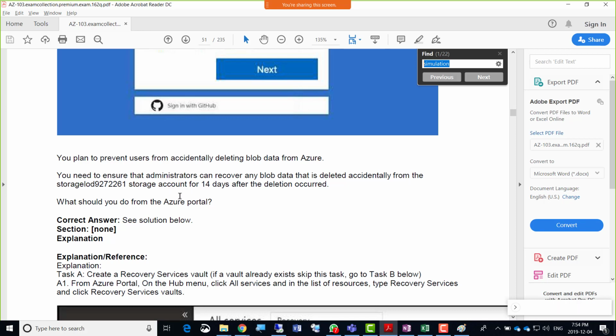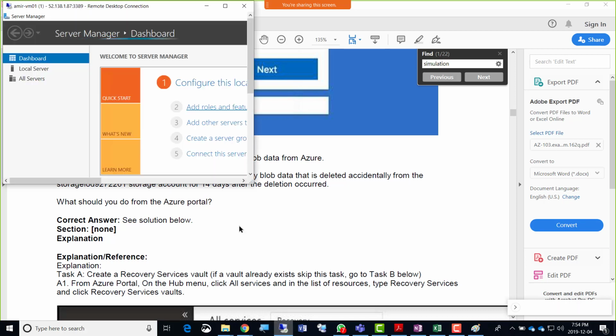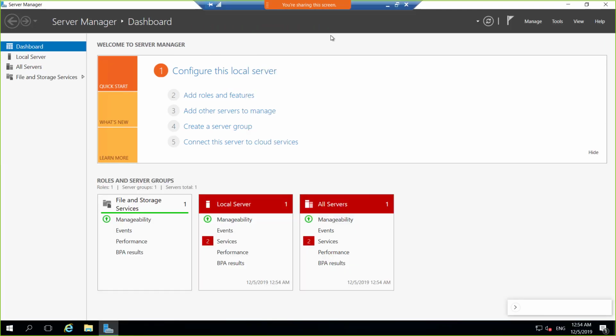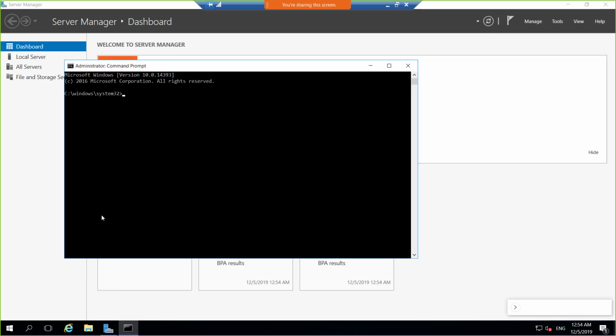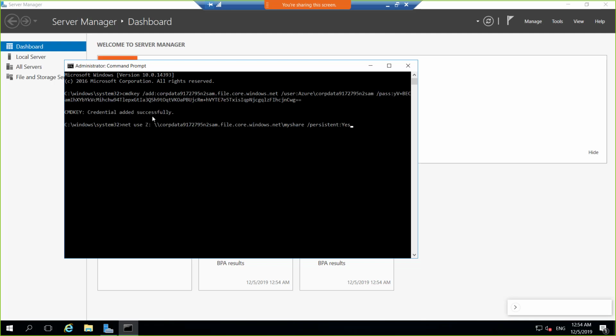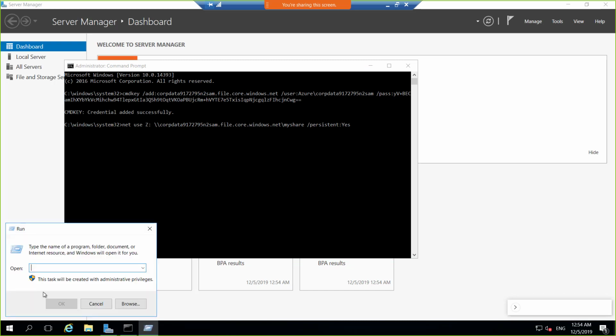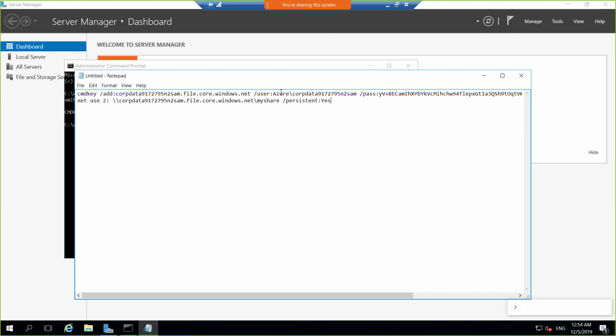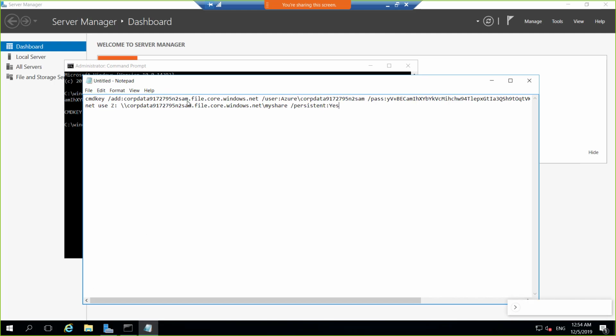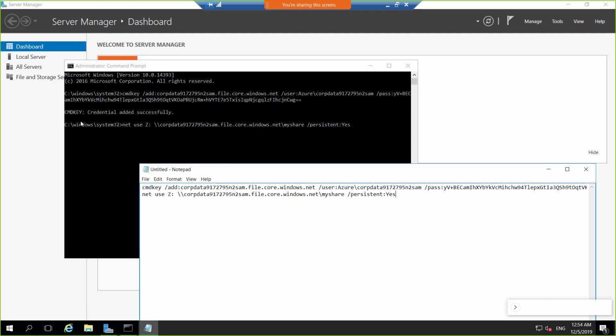That's easy. So I'm just checking back on if this blue bar is still going, which has just stopped. So I'll right click here and there you go. I'm just about to cry now. So command prompt open finally, guys, and I right click that command here. In fact, we were supposed to first go to machine and run notepad, and then put all two commands there. There are two commands here. First is cmdkey, which I ran and it said credential added successfully.